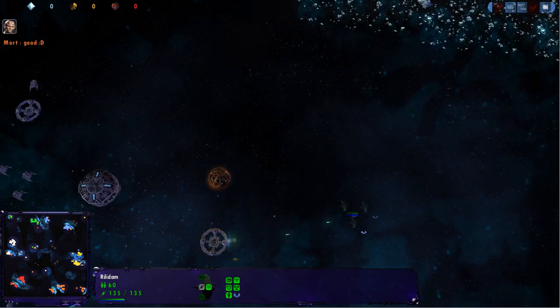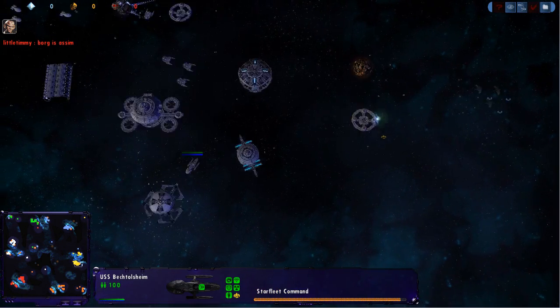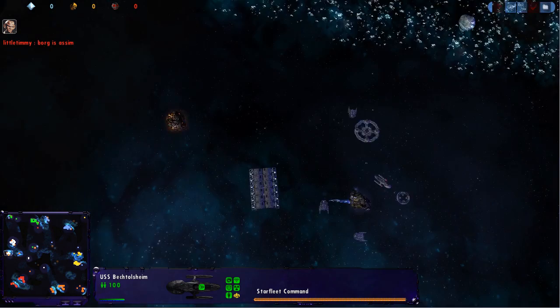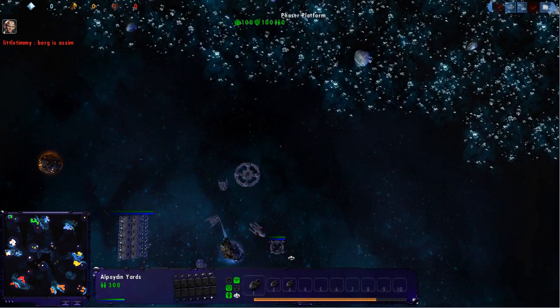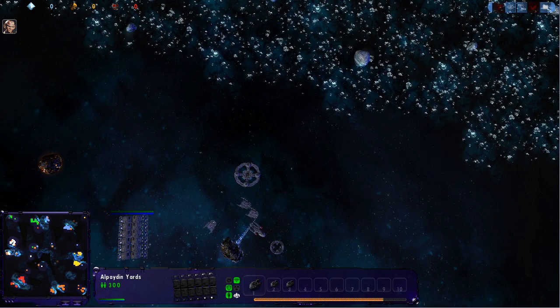So here we've got some destruction going on. These miners moving away in time, not taking any damage. Intrepid's coming in to save the day. Here we've got Mort looking over here, but Funny Stuff has built a phaser turret, and these Federation phaser turrets, these